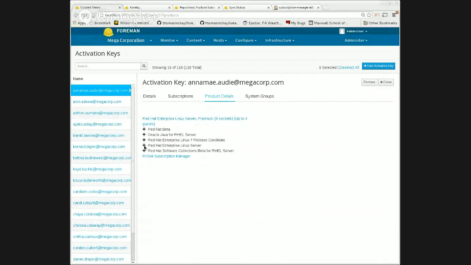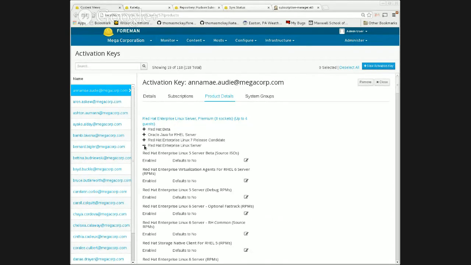And if I expand one of these, wait for it, there you go. This page does take a good bit of time to load, a noticeable delay, the other page we were just looking at. So what I've done here is just showing the enabled flag. What this is allowing you to do is, for the Red Hat Enterprise Linux 5 Server Beta source ISOs,